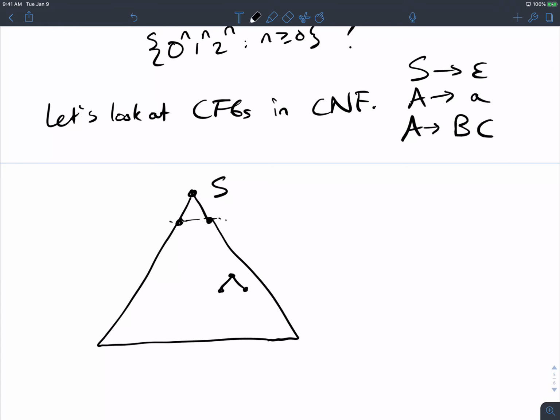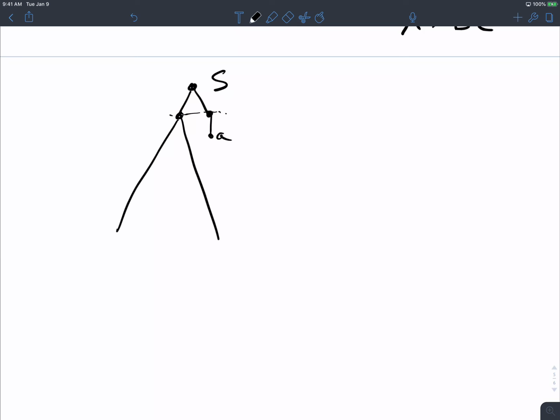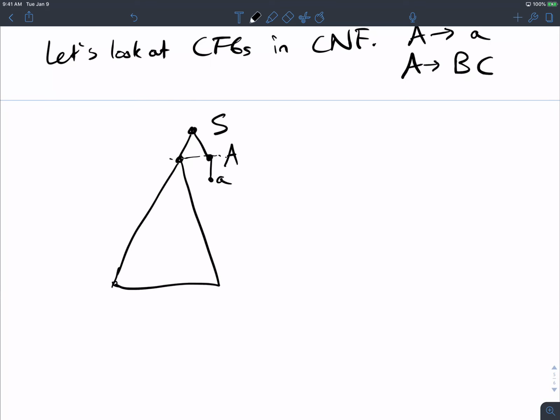Well, let's see. Let's just say, purely as an example, that this variable made a single A and then this side made something else. It's highly unlikely, if the grammar is big enough, that we're going to see a repetition on the right side here because it's pretty short. So assuming the tree is big enough, and we'll see what that means in a bit, if the tree is big enough, where should we be looking for a repetition of variables?